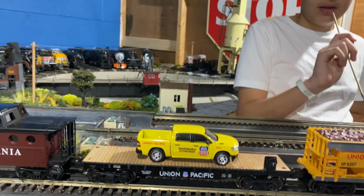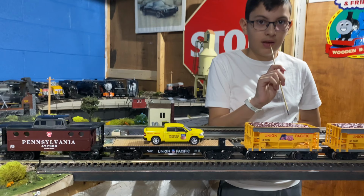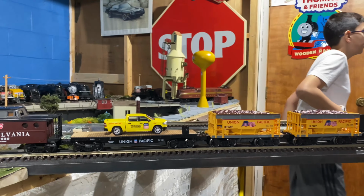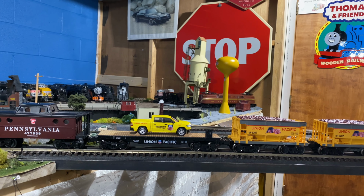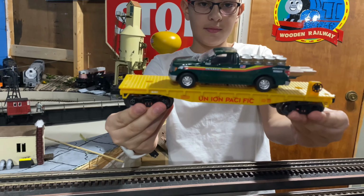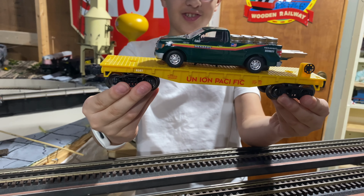He had a Menards flat car a few years ago, and I think it had a Union Pacific truck on it too, didn't it, Caleb? It's right here. And it's a Menards truck. Okay, so there you go. It's a Union Pacific car, but it's a Menards truck. And they're the same size,